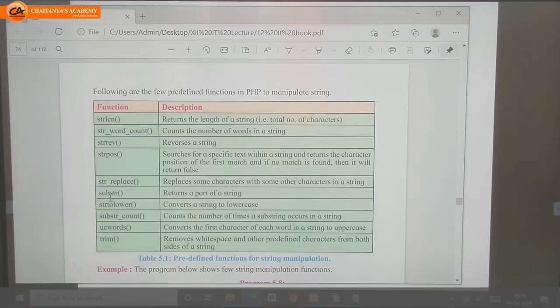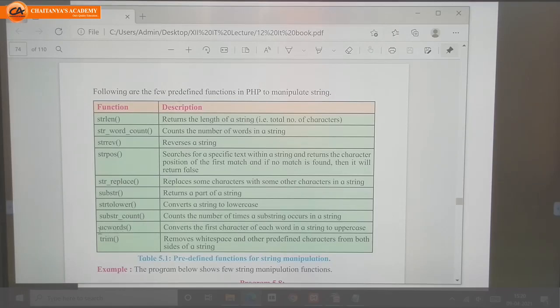If you want to search 2-3 characters from the string, then we can use the function substr. strtolower is used to convert the string into lowercase, means to small alphabets. substr_count returns how many substrings come in your string. It returns the number of substrings in the main string.